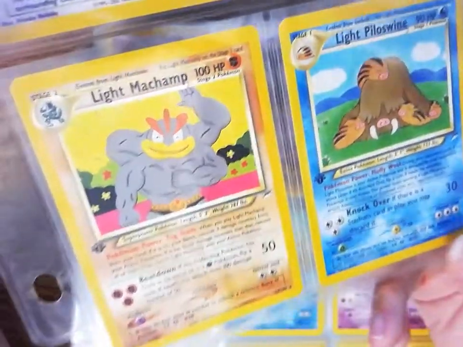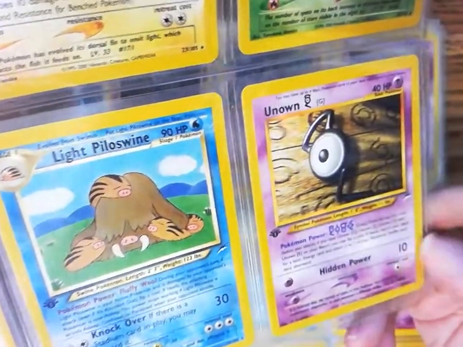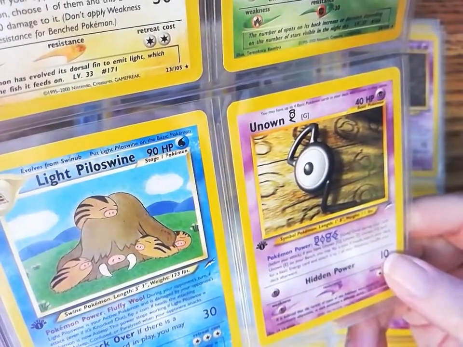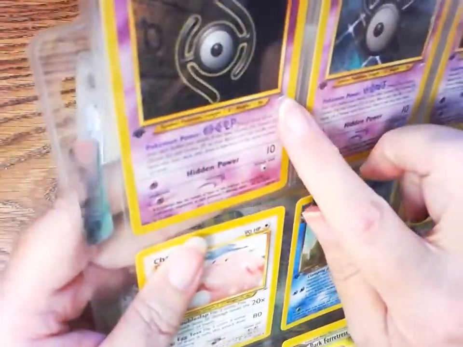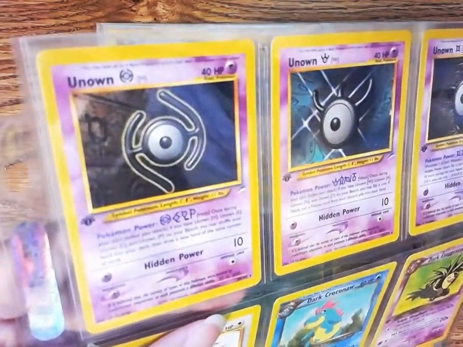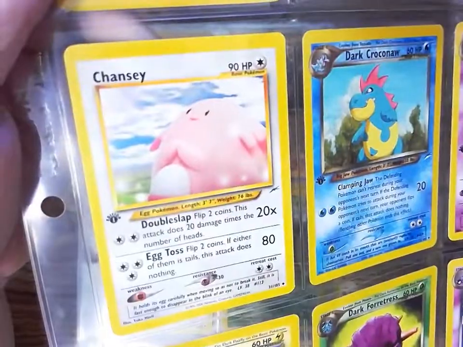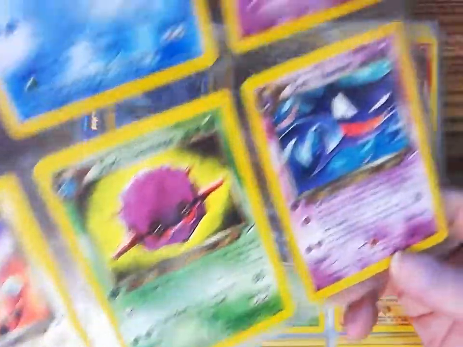And here's our traditional Machamp, but turned into a Light version, a Piloswine, and an Unknown. I believe the Unknowns were introduced in the second Neo set, Discovery. That one had, for the set symbol, that pyramid, that Central American pyramid kind of symbol. And then there's a whole bunch of Unknowns. A pretty Chansey, Dark Croconaw, Dark Electrode, a Dark Flaaffy, Dark Forretress, Dark Haunter,